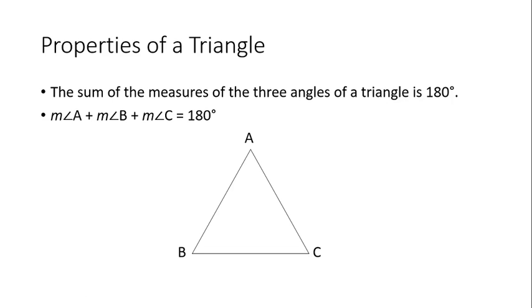Now, this we have considered as a simple example of an equilateral triangle. But if you consider any type of triangle, whether it is a scalene triangle, an isosceles triangle, or an acute angle triangle, the property will remain the same. The sum of all the three angles of a given triangle will be 180 degrees.